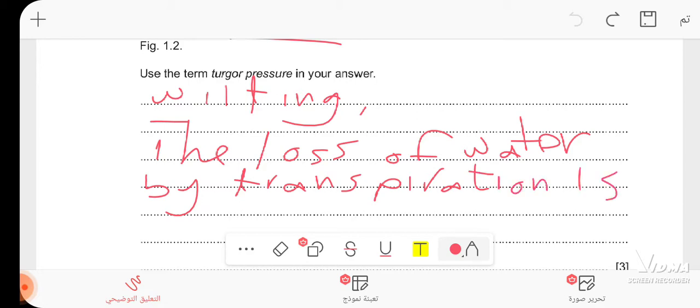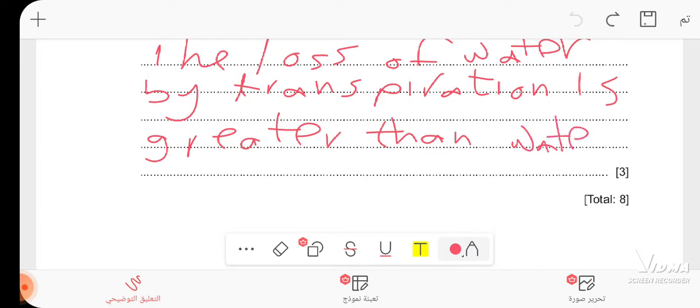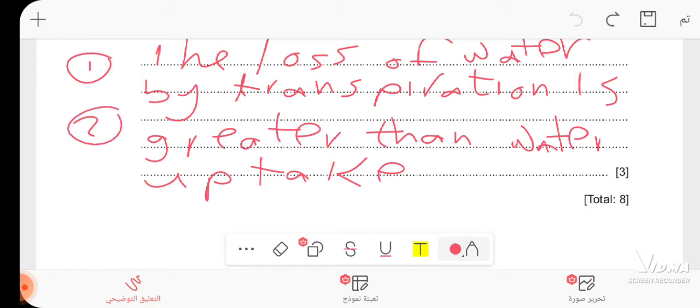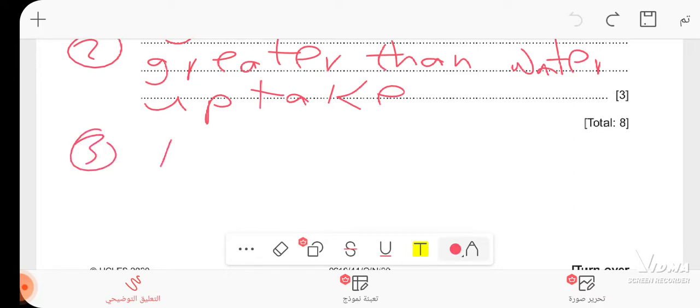is greater than water uptake. Okay, here 1 mark for wilting, 2 marks for explanation. We have now to use the term turgor pressure. 3. Okay, the